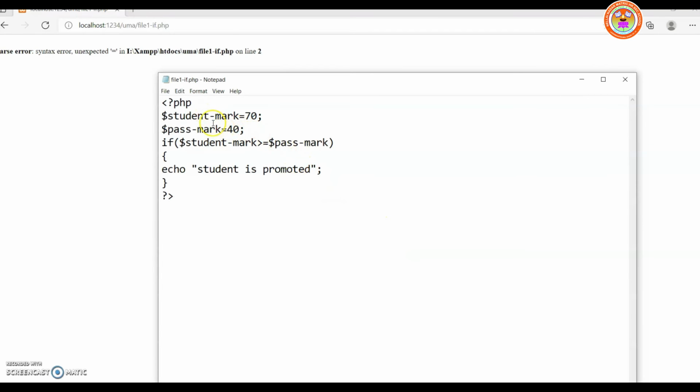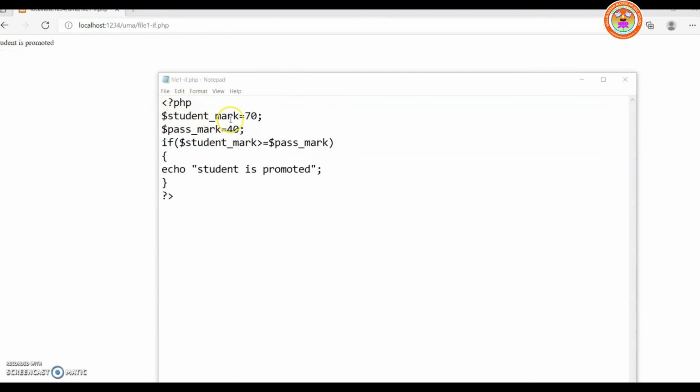In line number 2, dollar student underscore mark is equal to 70, is greater than or equal to dollar pass underscore mark. So what is the error?